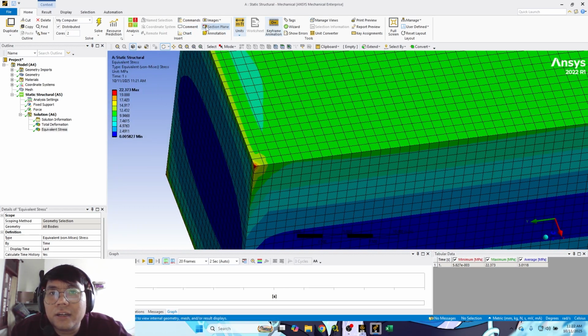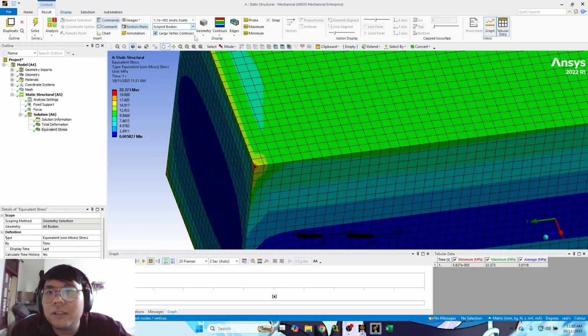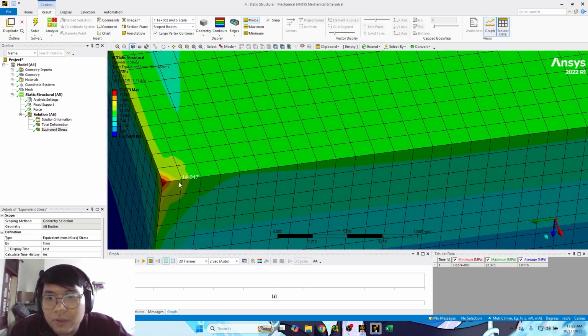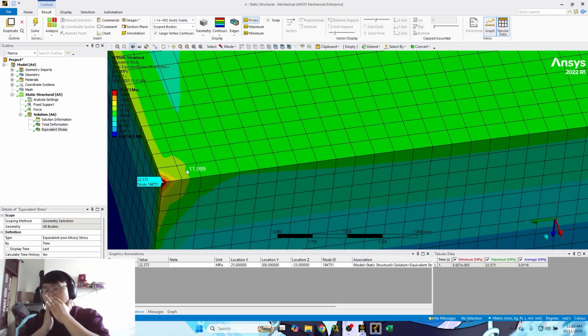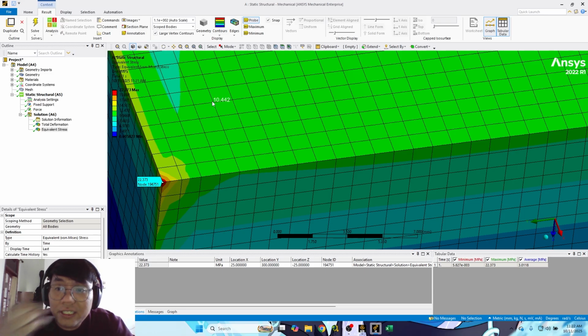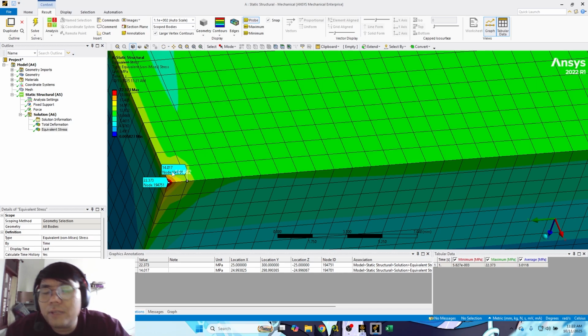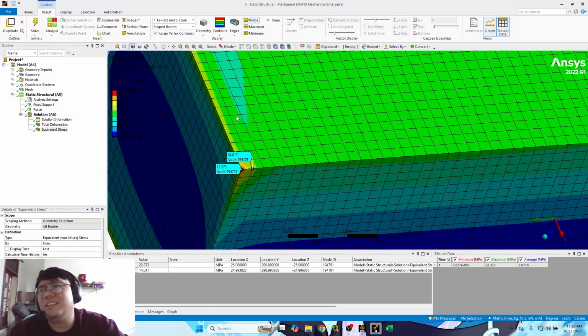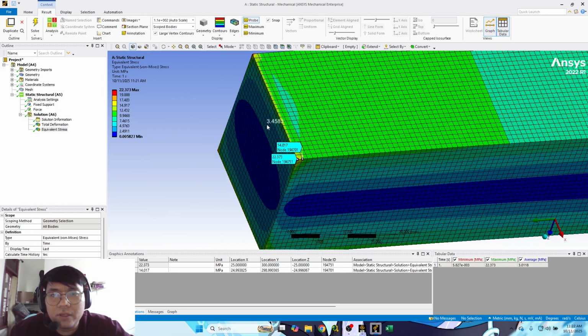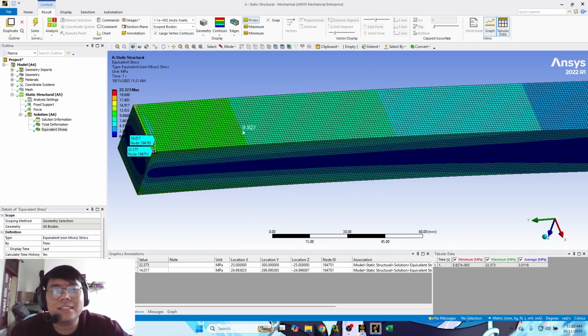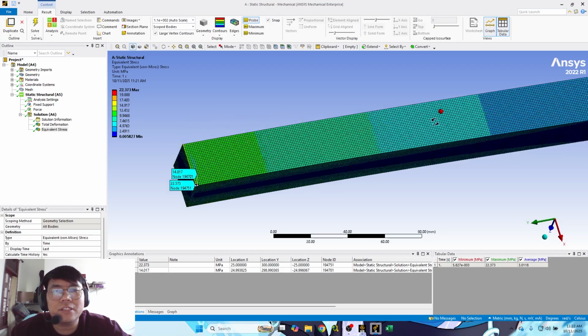For example, the result in this probe is 22 megapascal, but here it is already 14 megapascal. There is a really big difference between the stress in this node and this node, so it is not distributed properly. You may suggest this is the stress singularity condition.